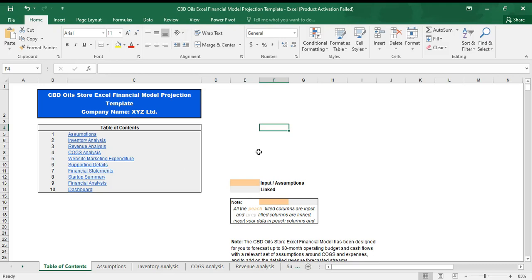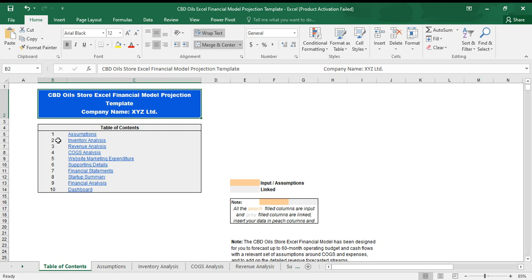Today we are back with a new Excel financial model, and this time this is for a retail business. It is for a CBD oil store business, and in order to review this model, we are going to go through